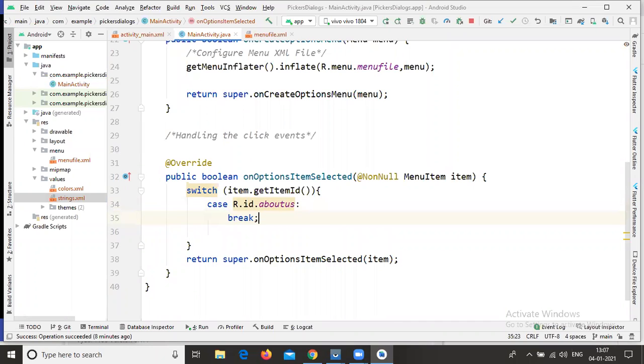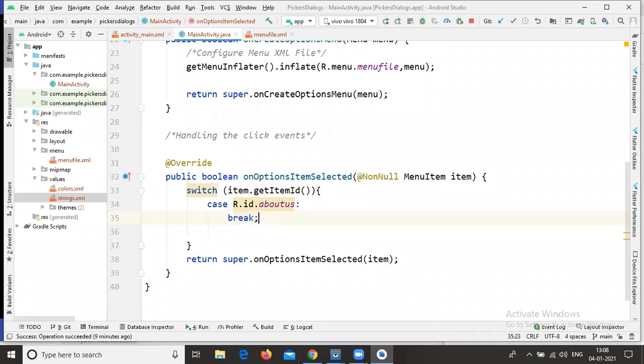In case you are using the if condition without creating the object, you can write the break statement. If you are not writing the break statement, all cases execute at a time. If you are using the break statement, we can execute only one case at a time. So if you are not writing this break statement and you execute this project, all cases work at a time. This is the difference between using the break statement and not using it.